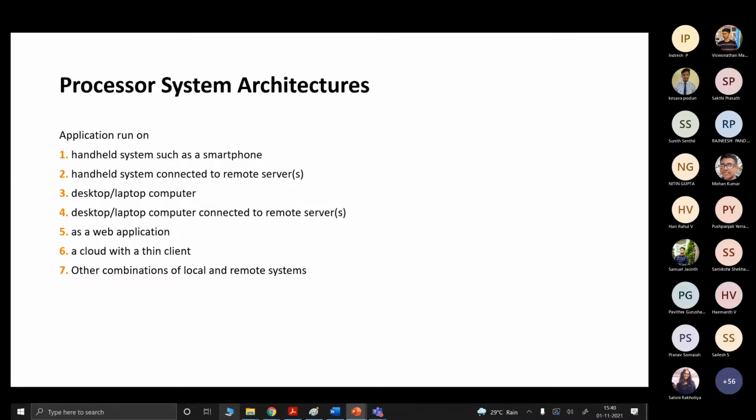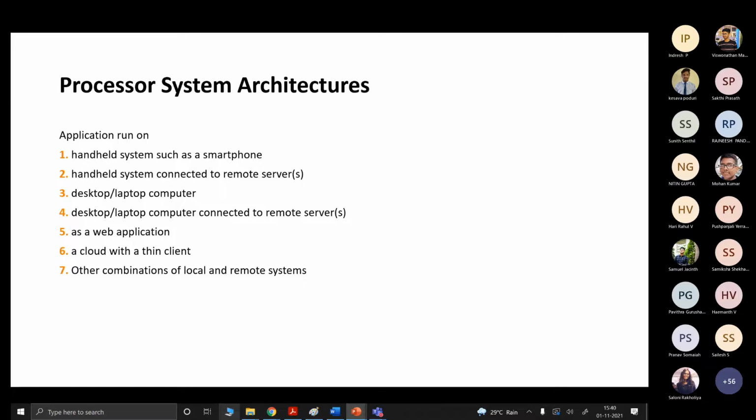The applications can run on a handheld system, or the handheld system can be connected with remote servers, or it can run on a desktop or a laptop. Similarly, the desktop and the laptop can be connected with remote servers. The applications can run as web applications, or run on a cloud with a thin client.